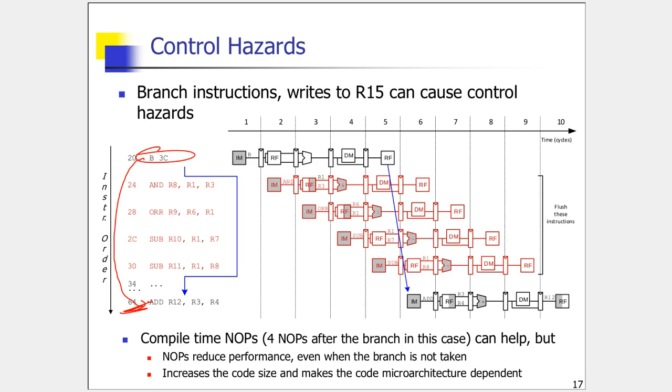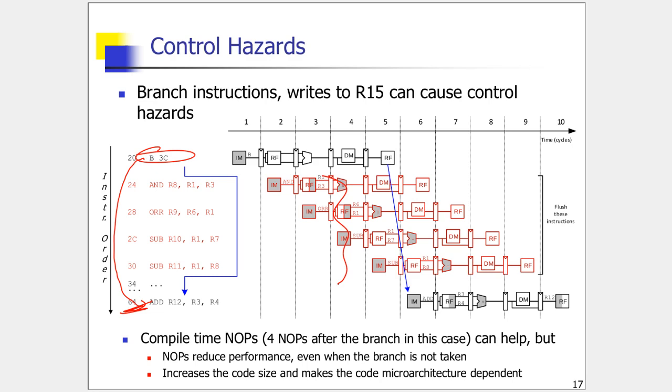You know what interrupts are, right? When an interrupt happens, instead of continuing your current program, you will suspend it, go to something called an interrupt service routine, execute it, and then come back. So all these cause control hazards. And in order to make sure that your control hazards do not affect your program correctness, the 4 instructions that follow a branch instruction should be NOPs.